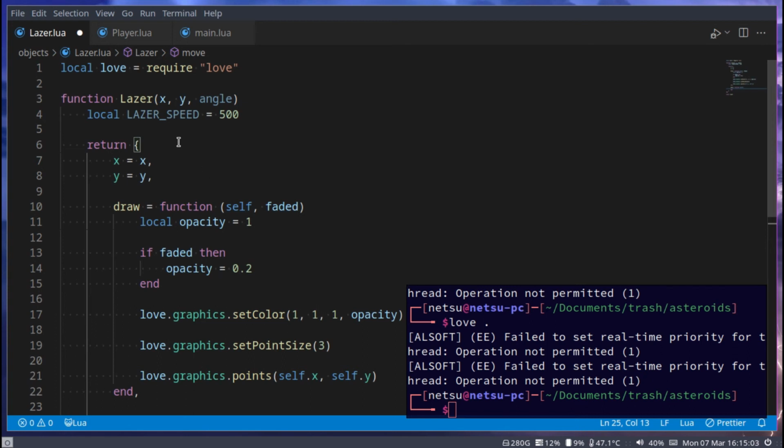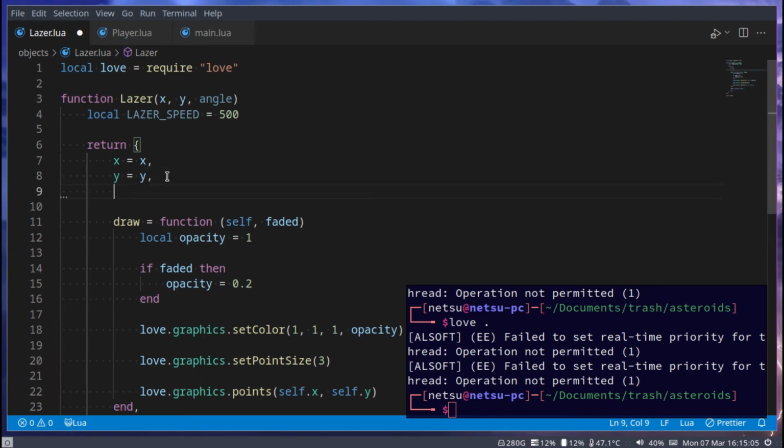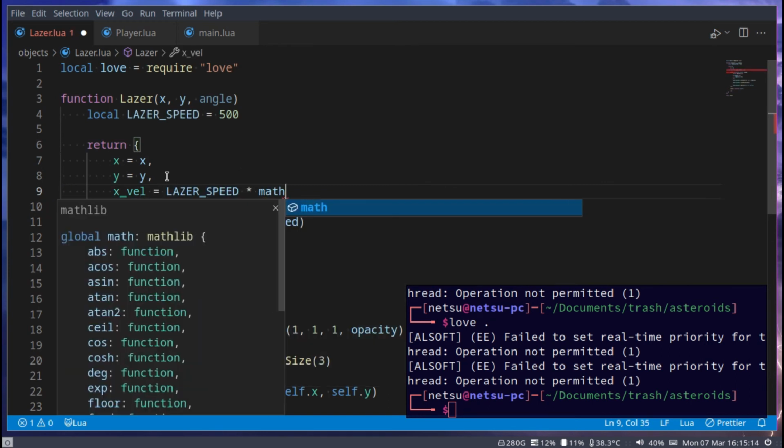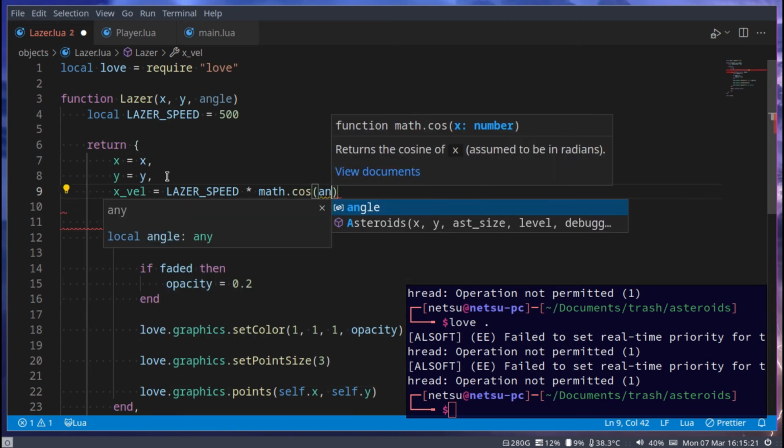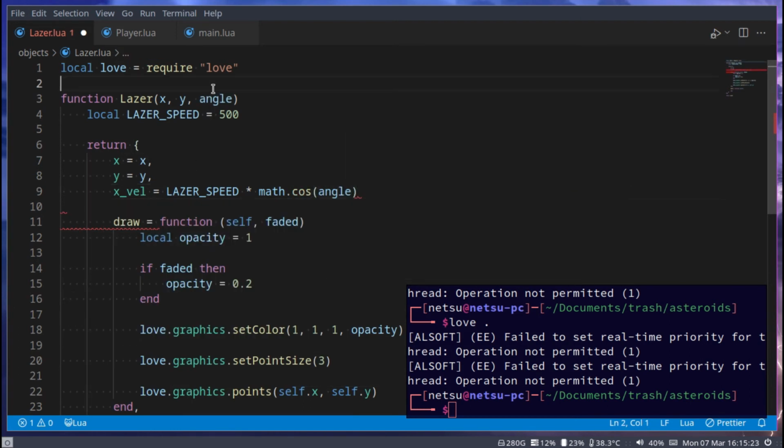So we can go here and we can say x vel for x velocity is equal to the laser speed times math.cos, pass in the angle, that's the angle we got here, so the same angle as the player, divided by, and then